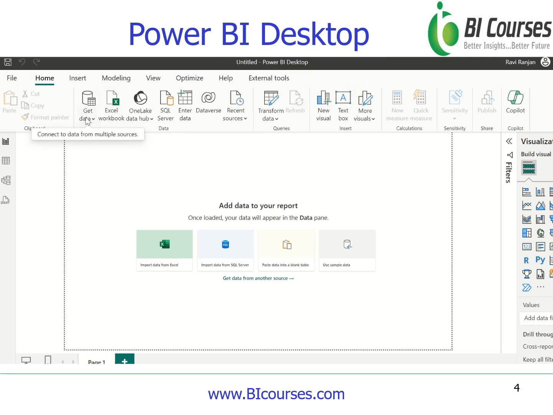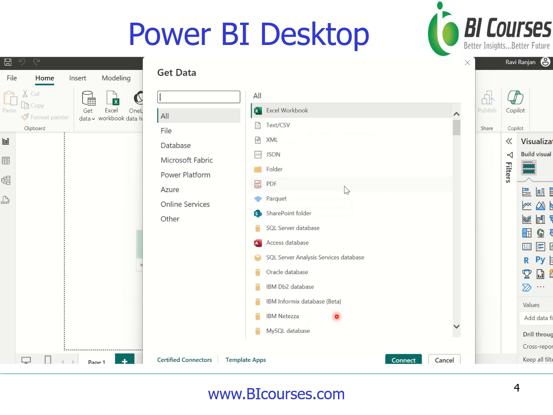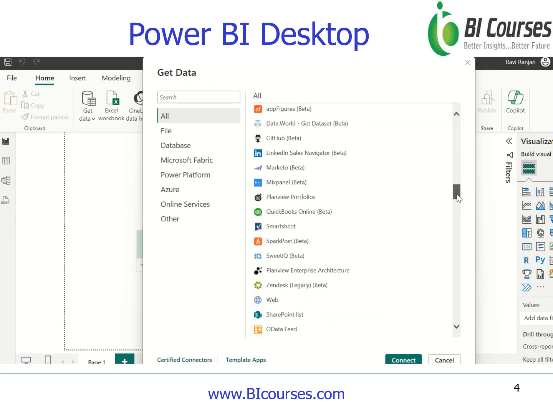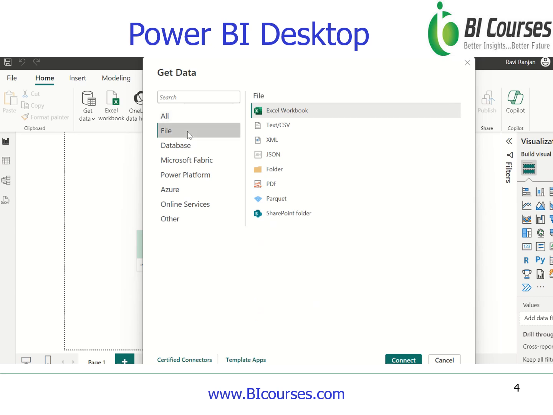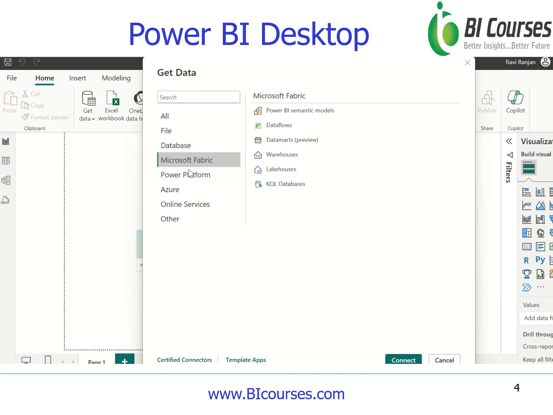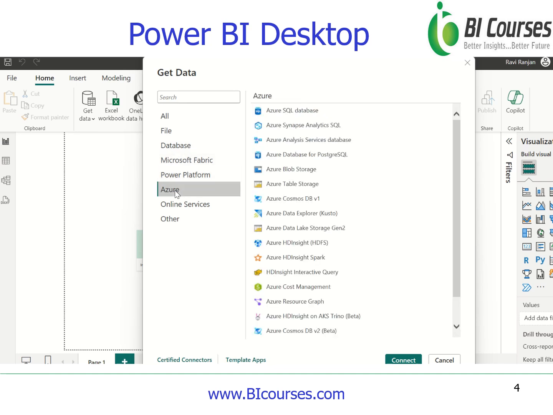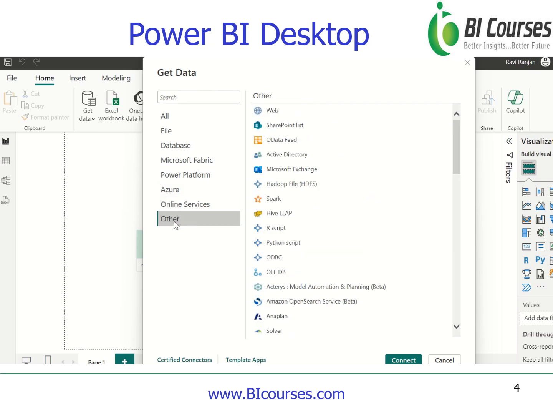This is a typical Power BI Desktop screen. Upon clicking Get Data, we can see common data sources for Power BI connection. Also, one can click on More to view an array of data sources available for connection. On the left hand side, we can see the categorization of these data sources by type. For example, file, databases, Microsoft Fabric, Power Platform, Azure type data sources, online services, and everything else is covered under